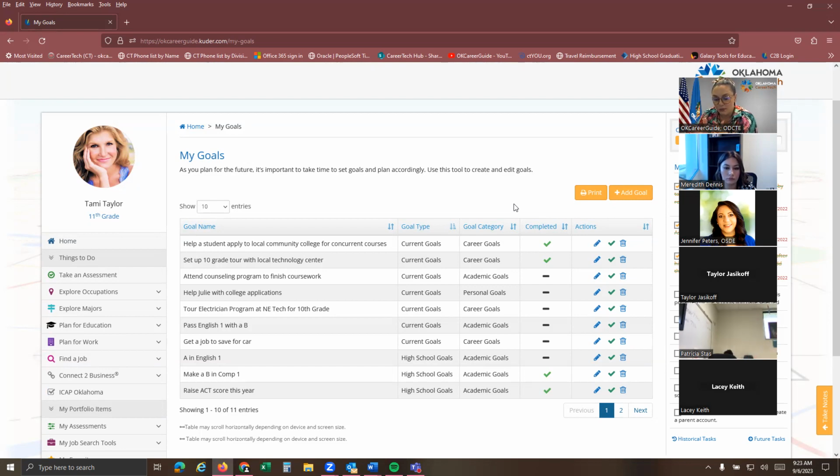And if you don't know what SMART goals are, it's an acronym for specific, measurable, attainable, realistic, and timely. So it allows the student to break down one goal based on that acronym and how they're going to meet that goal. And so they could have a SMART goal for career, a SMART goal for academic, or a SMART goal for personal, and then log into the system and type that up. That may be a little bit more holistic and well-rounded for them to do and kind of connect the dots.